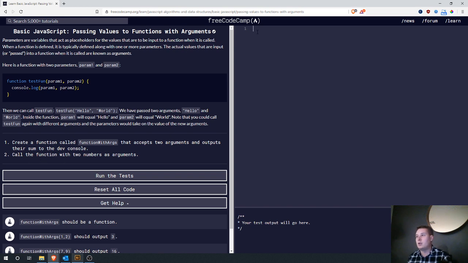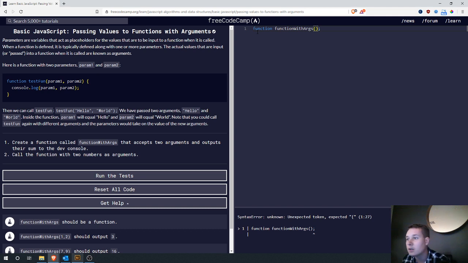Alright, cool. So we're going to do a function, and the function is called function with args. And that function takes in two parameters. It accepts two arguments. We'll just call it A and B. Okay, and then we can open the curly braces and we can say,